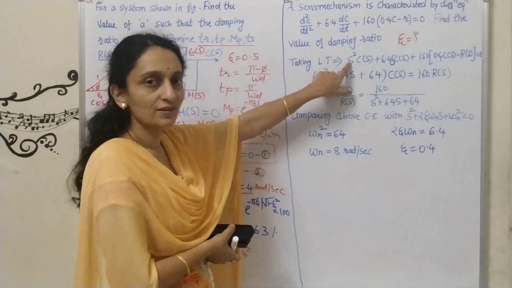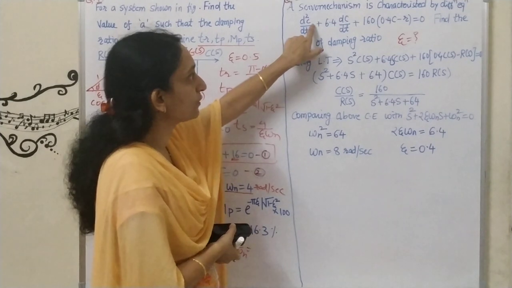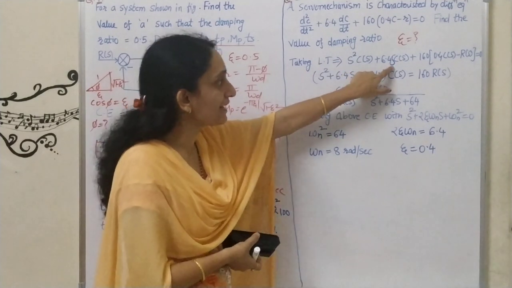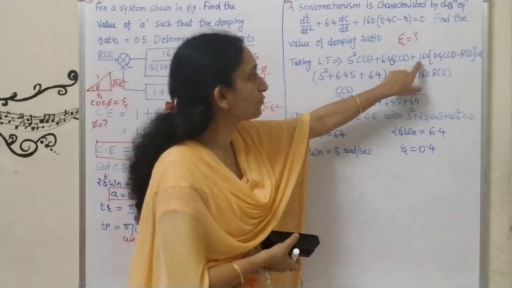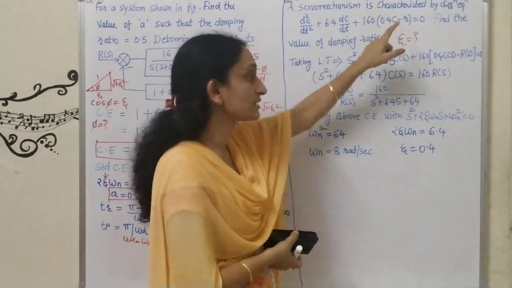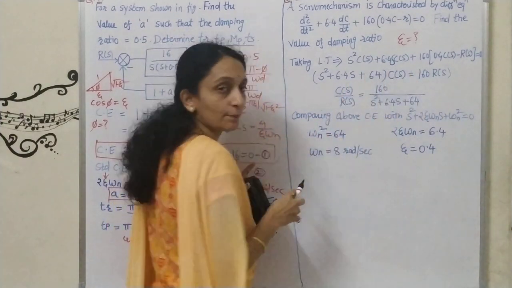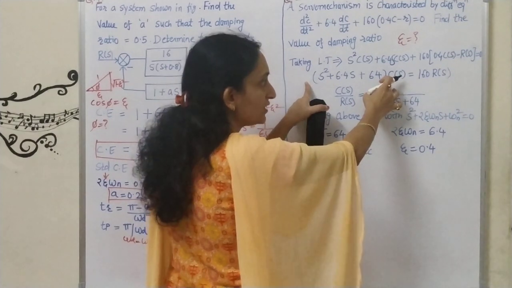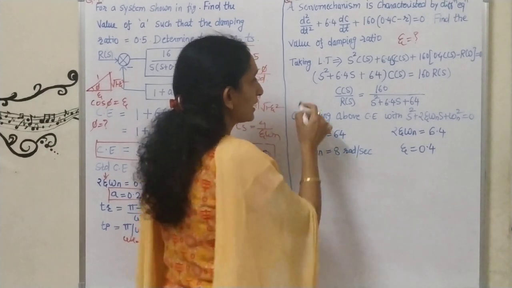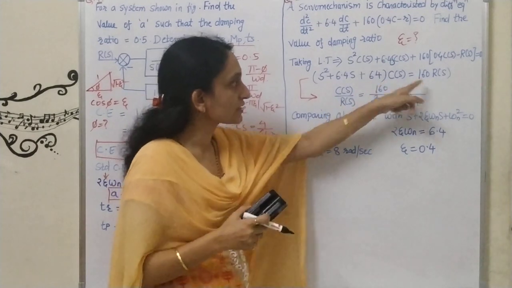You can compare this equation when I take the Laplace transform. So s square c of s plus 6.4, here the d by dt term is there, so 6.4 s into c of s plus 160.4 c of s equals r of s. I have replaced with capital terms after taking Laplace. So we got this equation after taking the Laplace transform. Then I rearranged that equation to get the output and input form, arranged in transfer function form, that is Laplace transform of output to Laplace transform of input.